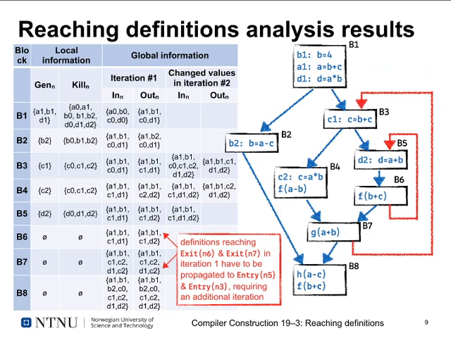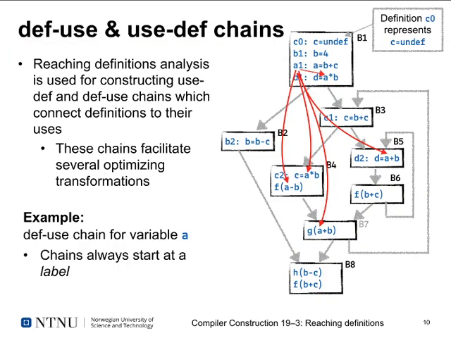So this requires additional information, and this requires us to propagate that information back up to the entry of B5 and B3 respectively in order to ensure that we actually capture all the possible ways we can run through our program. Now,